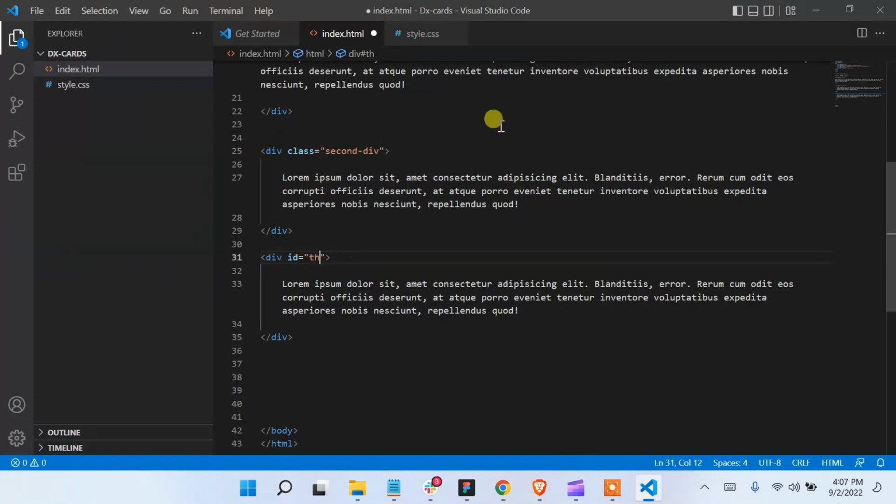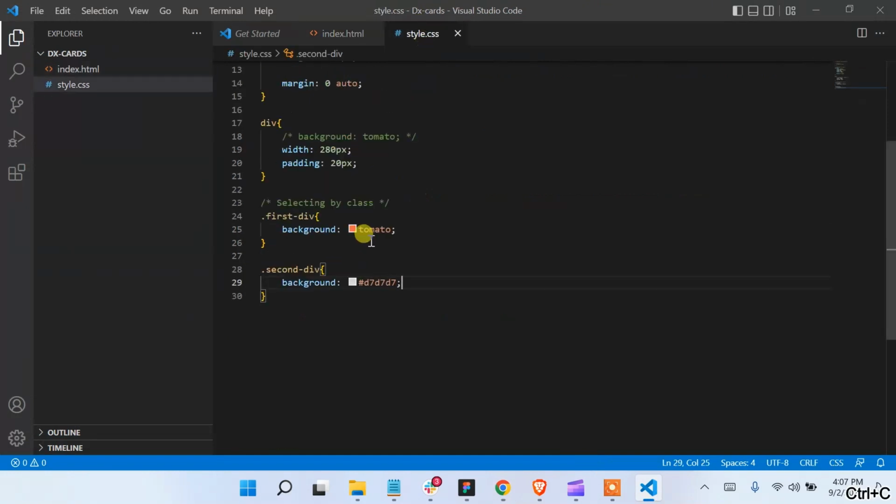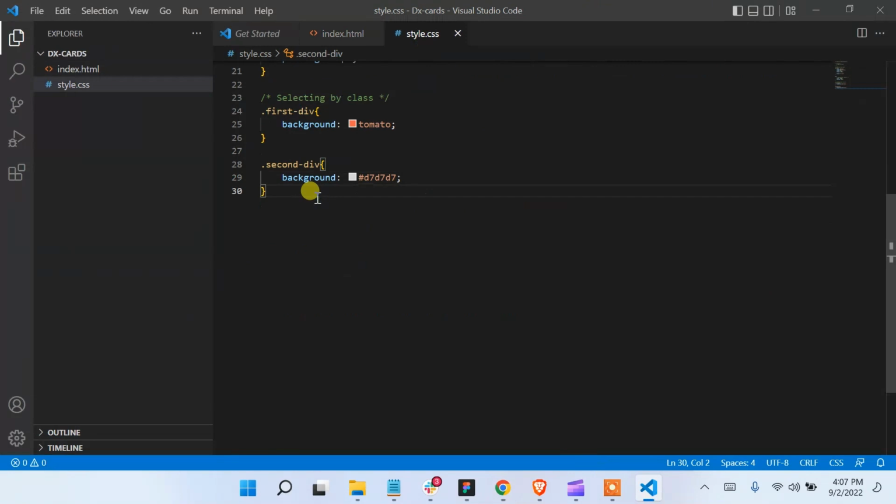Oops, that's a lot of spelling errors. So I'm just going to call it third div. It doesn't matter. You can decide to join it together without using this separation here. So I'm just going to select that guy. And if I save and copy him, if I come to my CSS, we need to understand something important, which